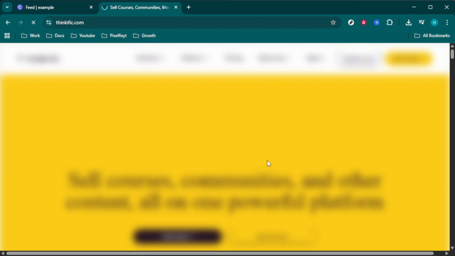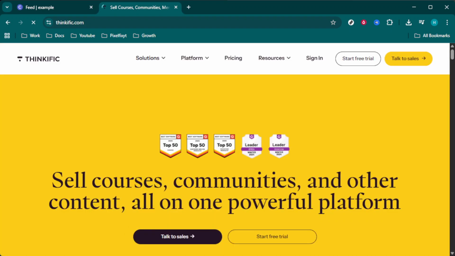Marketing your community is equally important. Share invite links on your website, social media, or through email campaigns. If you have paid spaces, navigate to Settings, then Payments and Plans to copy the link for the